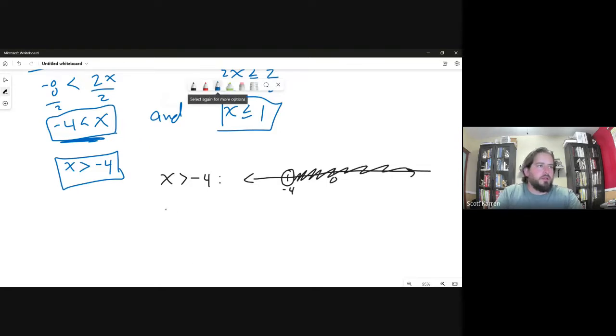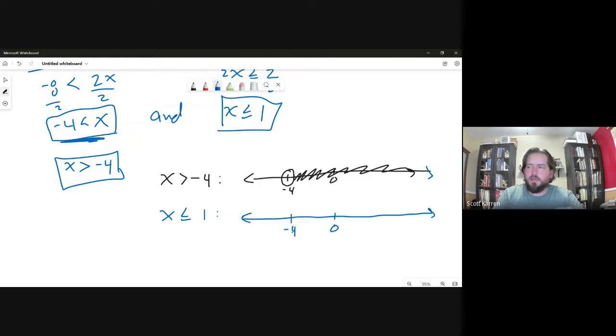Now, when I go and graph the other one, x is less than or equal to 1, I want my graphs to kind of line up. So I want 0 in the same spot. I want -4 in the same spot. Otherwise, it's going to be hard to see where these overlap. But x is less than or equal to 1. Well, 1 is over here, right? So call 1 there if you need. But less than or equal to is an open, I'm sorry, a closed, a filled in circle, and then everything to the left,